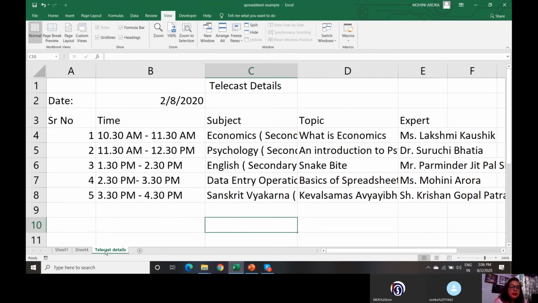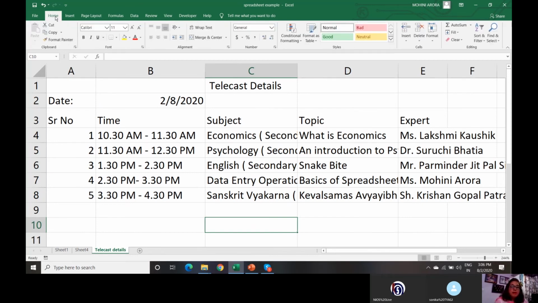So one file contains data of multiple classes in my workbook. Right? So this is how I change the row and column width of my worksheet, so that my data can be entered and can be viewed by the user. Then we move on to further features.